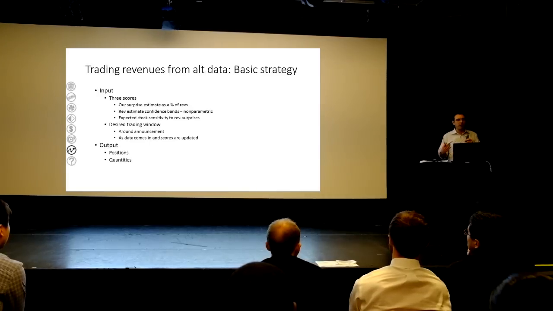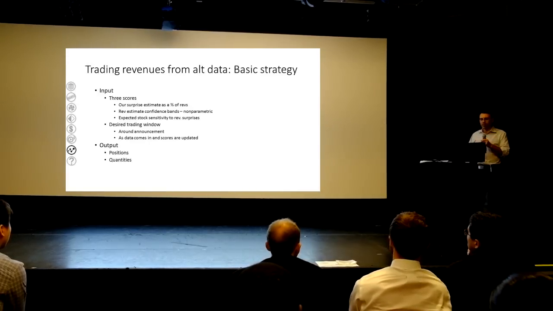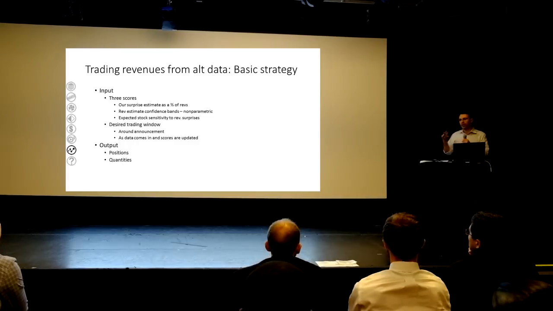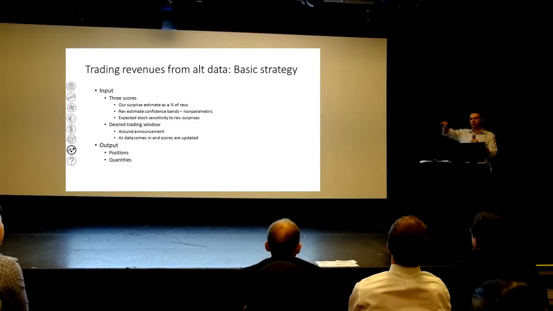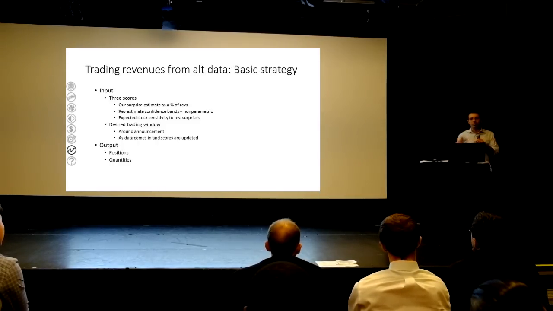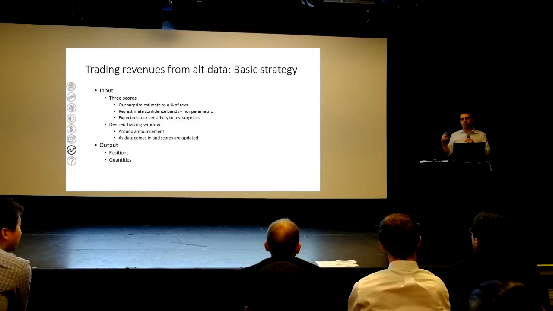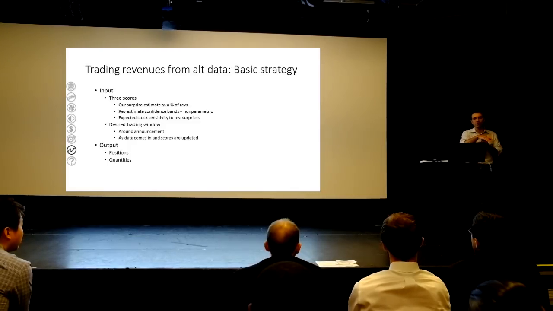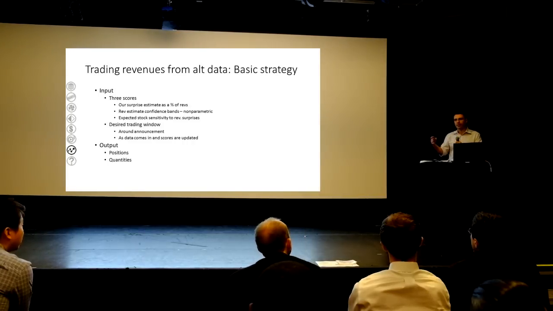Now, how do we get the last score? We've talked about the first 2, we got the alternative data. So the last score is, you take a look at the word revenue or sales in sell-side reports, and depending on how close it is to the top of the document over the course of the quarter, the closer it is to the top of the document, the higher the likelihood that the market is going to care about a surprise from that company more this quarter than it did in the last quarters for that company. So if the revenue surprise sensitivity is X, it's going to be greater than X if the word sales or revenue is very high at the top of the document.